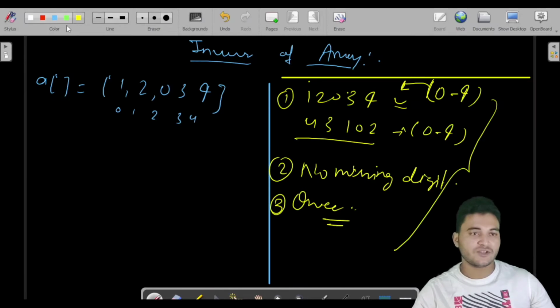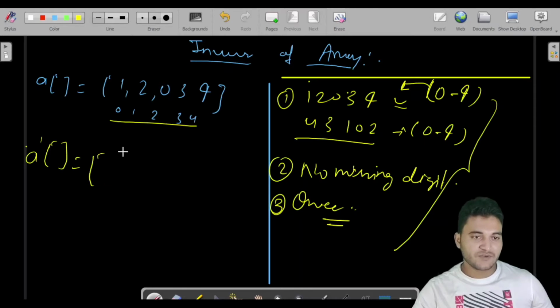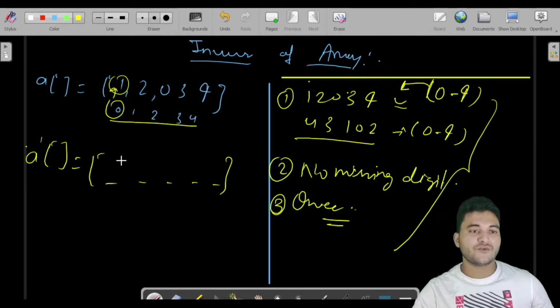So let me explain what the inverse of an array is. Let us say this is the array and we have to calculate the inverse of an array. These are the indexes for these elements. Let us say we have a size 5 array as the result. So if 1 exists at the 0 position, what would be in the inverse of the array? Here we have 1 on the 0th index.